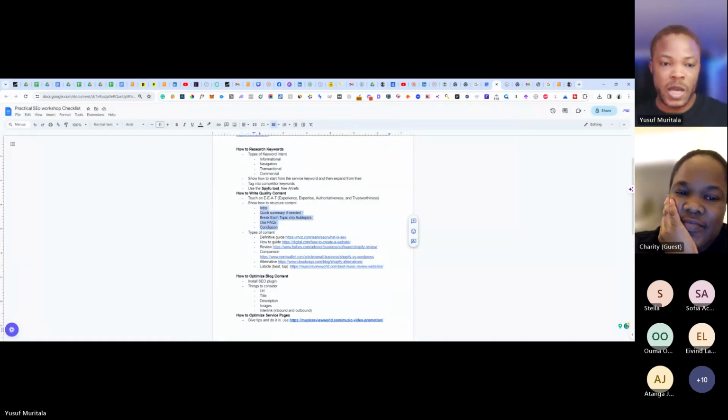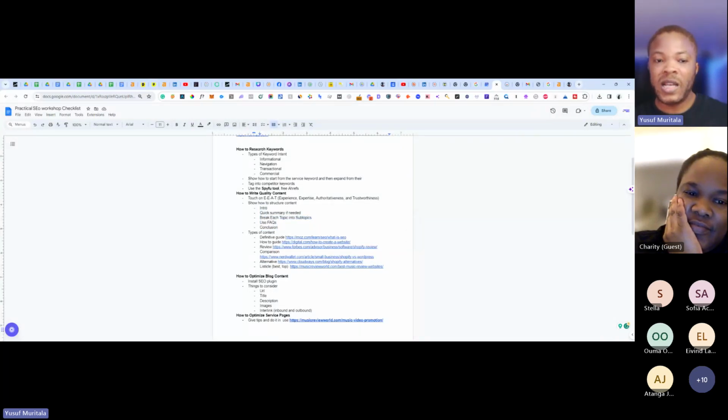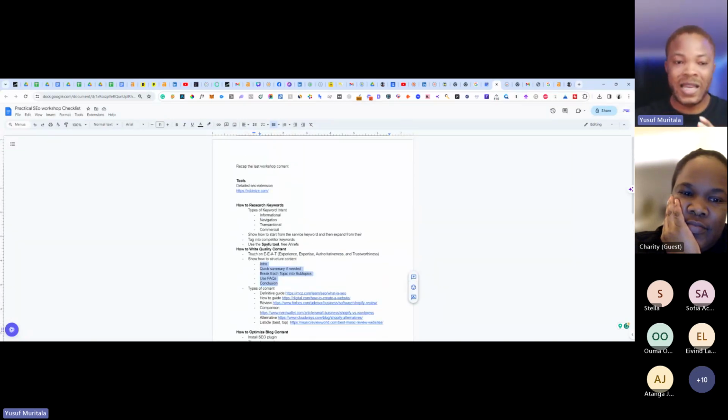So this part: intro, quick summary if needed, break each topic into subtopics, use FAQ and conclusion. So these are the basic structure of quality content, right?